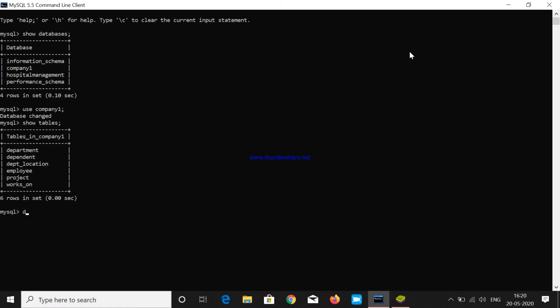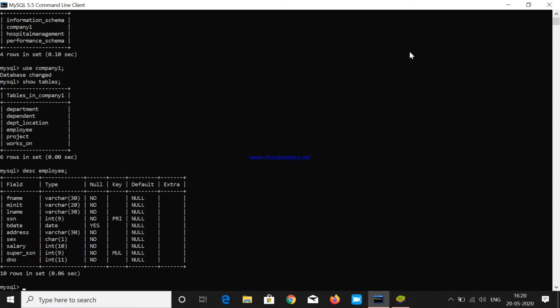Now I'm going to describe each table, because while doing queries we need the attributes of the tables. First I describe the employee table. Now I'm describing the department table.